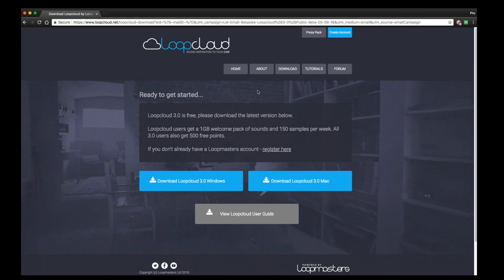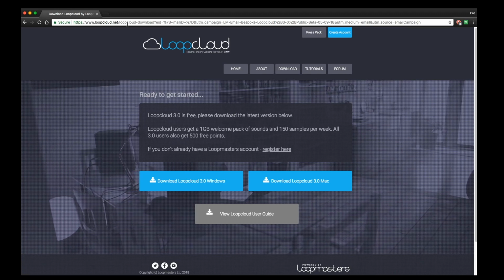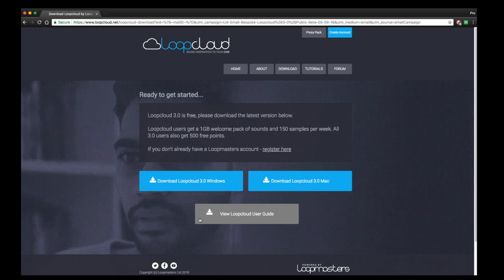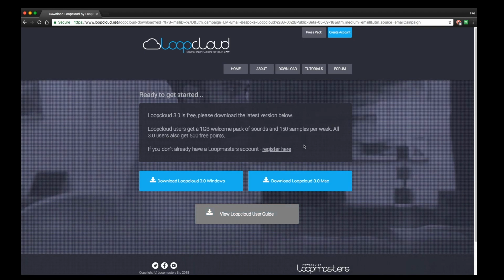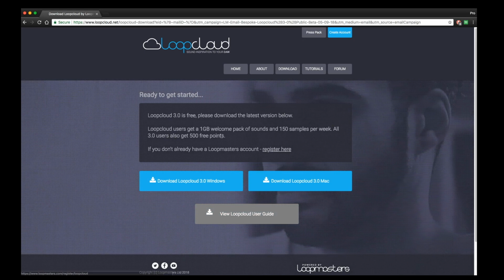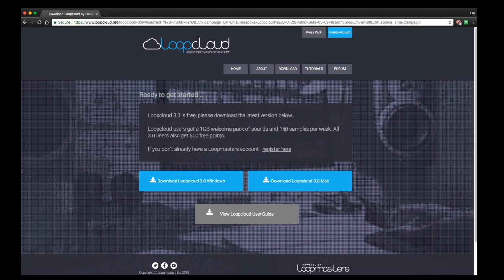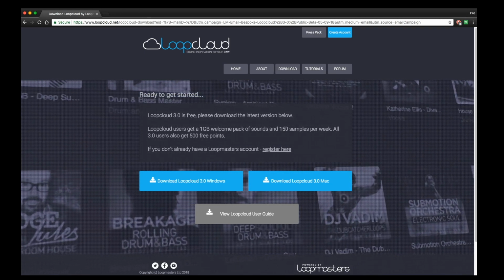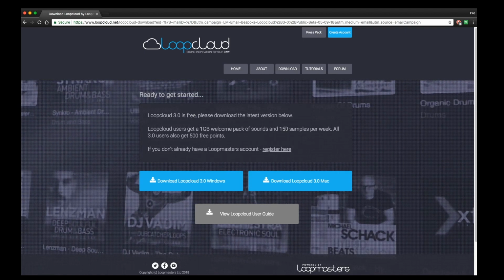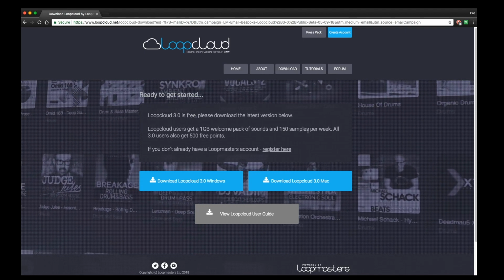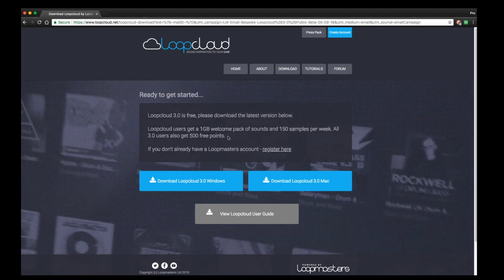So this is the page that you go to here, just loopcloud.net and loopcloud dash or minus sign download, and it'll bring you up to this page. It's completely free. It's not something you have to pay for. If you do register though, you get a 1 GB welcome pack of sounds, which is kind of like a few different sample libraries, or the taster packs that you get for free from different sample libraries that Loopmasters have to offer. You get 150 free samples per week for free, but you also get 500 free points,